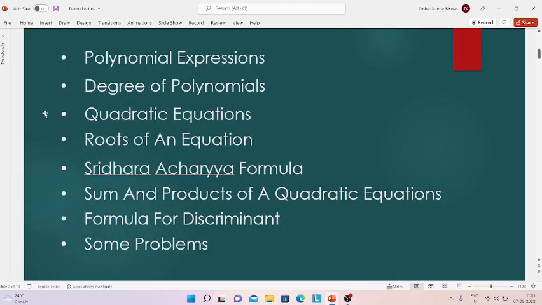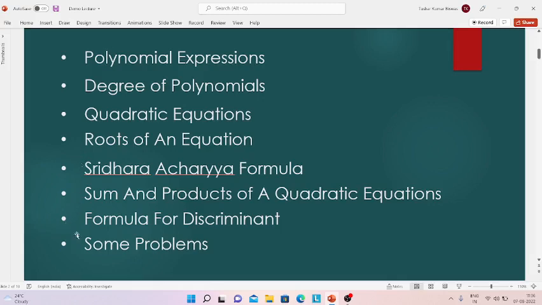Before starting the topic, let me introduce what type of topics we will discuss in this video. First topic would be the polynomial expression. After that we will discuss the degree of polynomials. Then we will discuss the quadratic equation. After that we will discuss the roots of an equation, then Sridhar Acharya's formula. And after that we will understand the relation between roots and coefficients, sometimes called the sum and product of a quadratic equation. Then we will learn about the formula for discriminant,